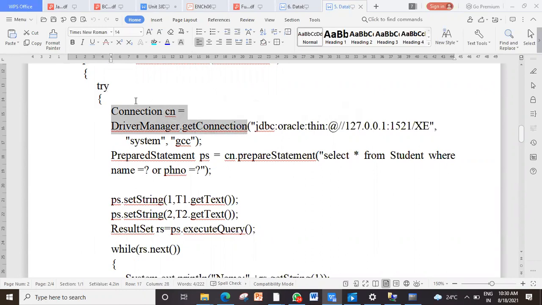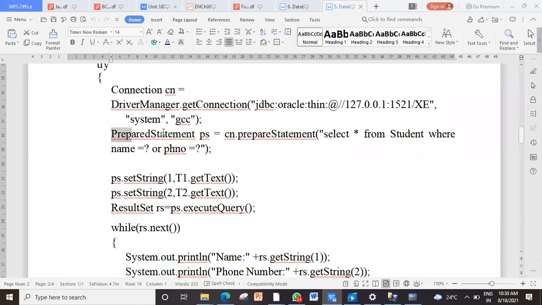I can even do loading, but NetBeans sometimes supports loading automatically, so I've skipped that. Directly I've gone to the connection object. Clear? So I pass the connection, username, password.